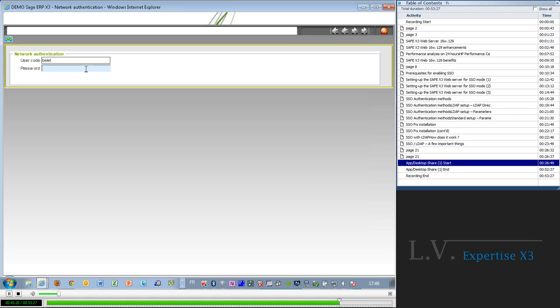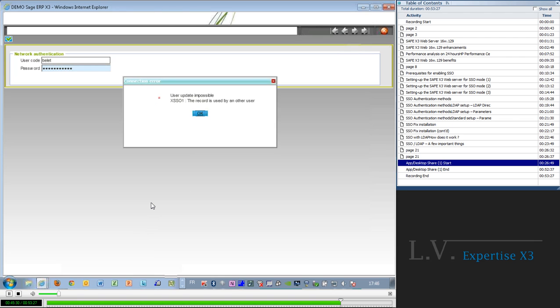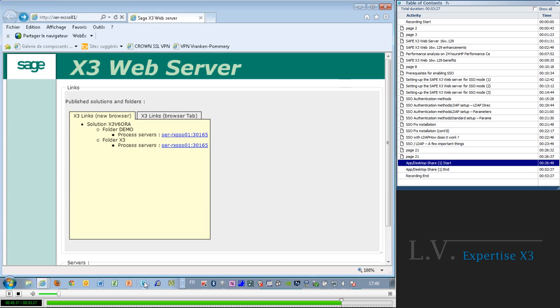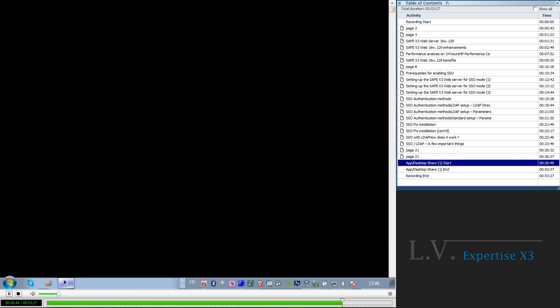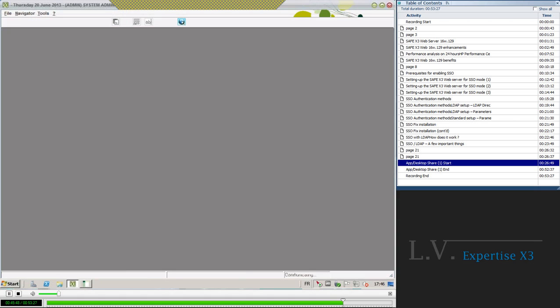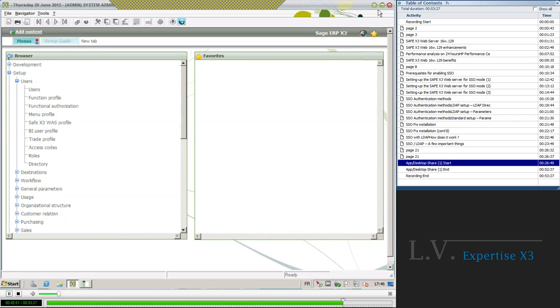Now, if I open a, sorry, I'm on the wrong screen. If I open a remote session to my folder using the SSO connection, I will do it with the web. It would be the same with the client. I will connect and